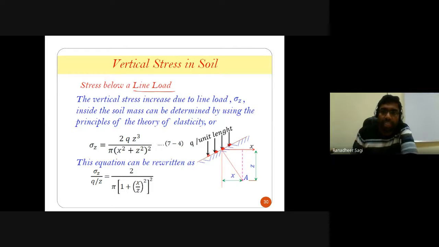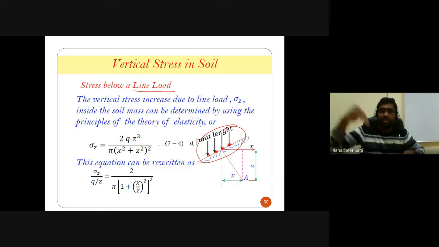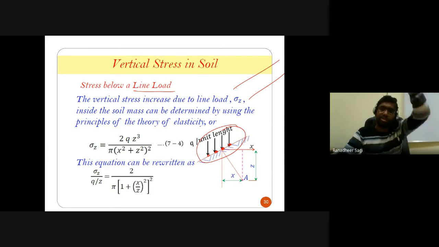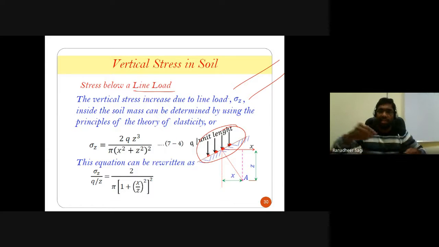If you look at the represented loading here, the load is acting along a line which is extended to some infinite distance, let's say. Infinite doesn't mean it is infinity, okay, it means some maximum distance. When you look at a railway track, this is one rail, this is the other rail. The rail continuously goes on, and you will see the rail extended to an infinite distance. That is what we say. The load which is coming from the wheel of your train